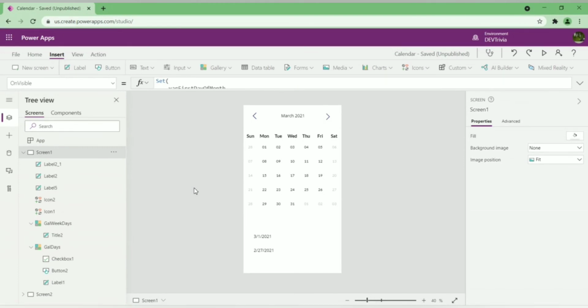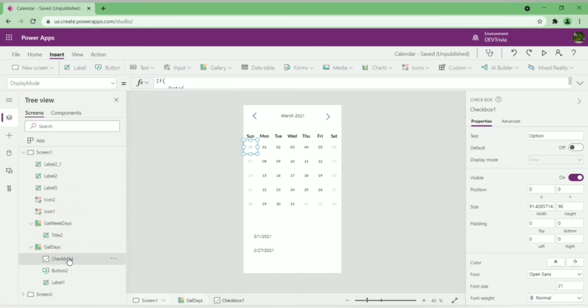Now we will look into the UI part of the calendar. We will concentrate on two things. First thing that we will look into is to select some days in the calendar. There are common requirements for employees to select the days for which they want to apply for vacation, or there are many other requirements for selection of the dates in the calendar. The second thing that I will be focusing on is to change the color of the dates text dynamically. I want all the dates that don't belong to current month and all the weekends to be light gray color and the weekday of the current month to be black. So let's get started with it.